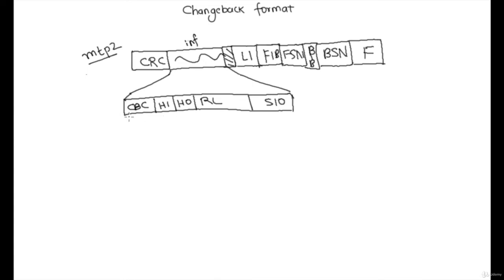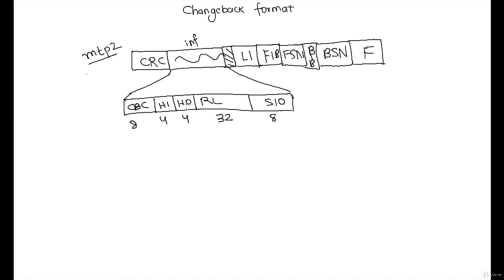Now this changeback code is 8-bit in size, H1 is 4-bit, H0 is 4-bit, the routing label is 32-bit, and the SIO is 8-bit. The main parts relevant to changeback messages are the changeback code, H1 and H0.